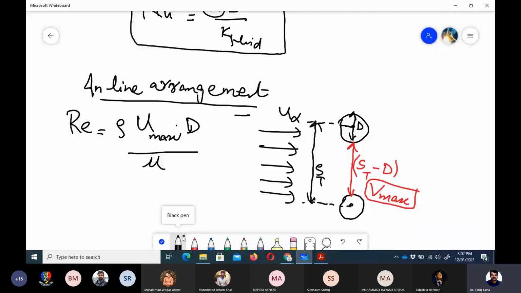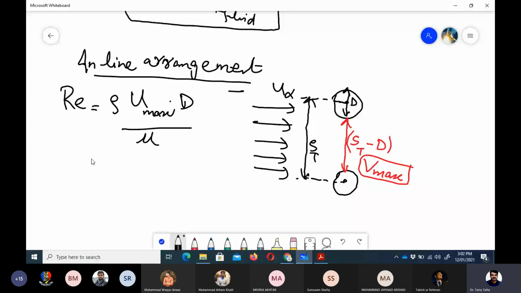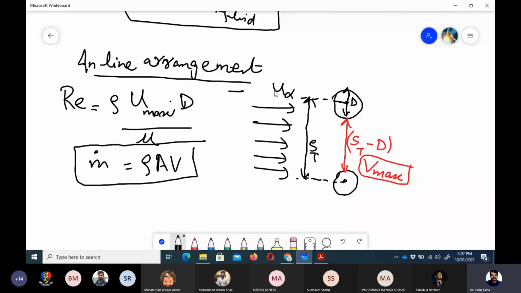It is quite simple. If you remember, the mass flow rate formula was equal to rho A V. You remember this formula. So if we apply conservation of mass between this location and the location of the maximum velocity, we can always determine the Vmax in terms of u infinity. So I think we can do it. So if we first of all,